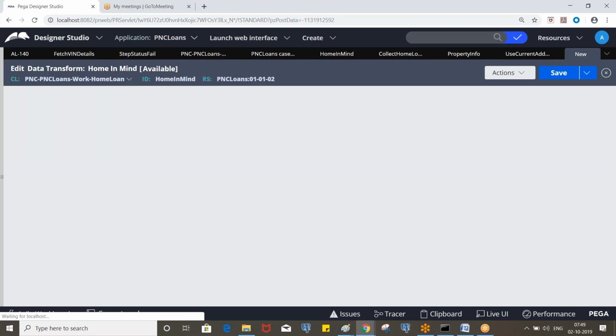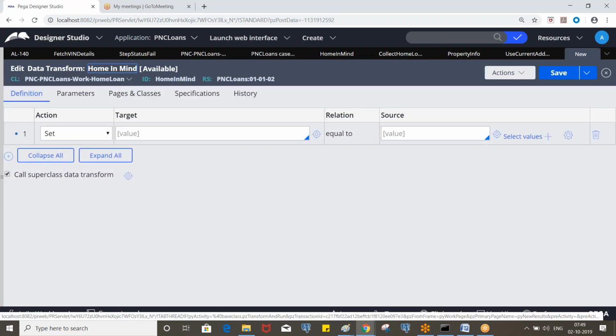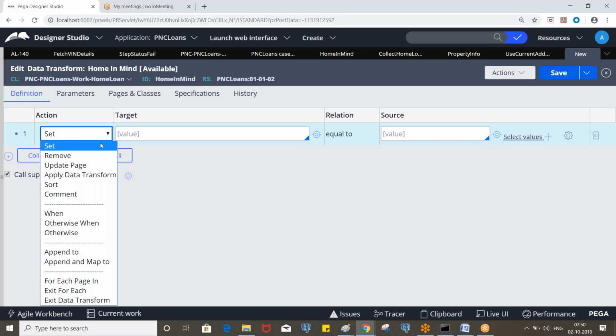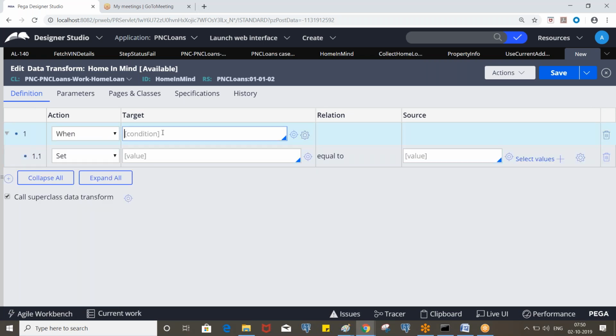If it's an activity, you can put the conditions, like a when rule or expression in the precondition, before executing the step. You will check whether loan purpose is purchase. If it is purchase, you will use the property set and assign the value. Here, tell me, how can we put the conditions? First, we need to check the value of loan purpose. So what is the action we need to use? When, right? Here you can put either an expression or you can create a when rule.